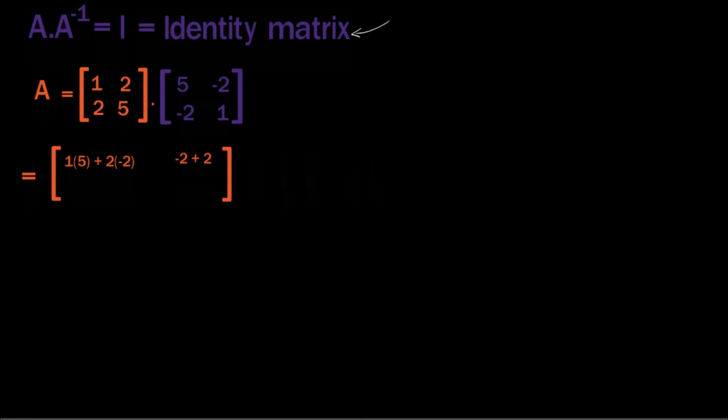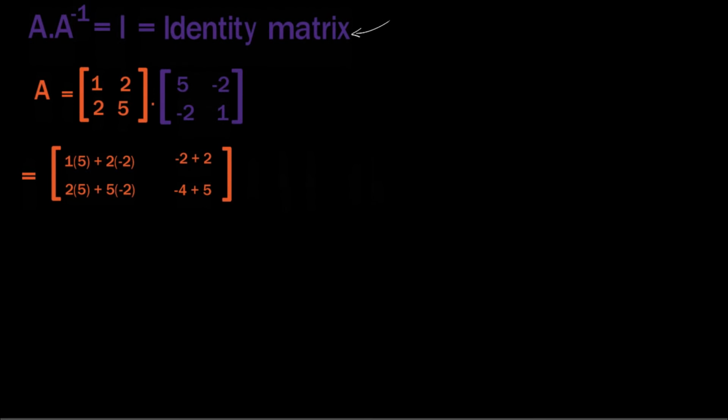For the third element, you can use the second row multiply with the first column, which is 2 multiply with 5 plus 5 multiply with negative 2. And finally, the last element, you can use the second row multiply with the second column of the second matrix, which is 2 multiply with negative 2 is negative 4 plus 5 minus 1 is